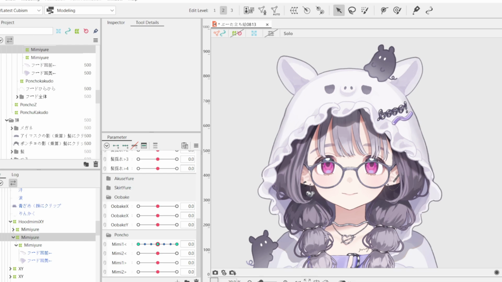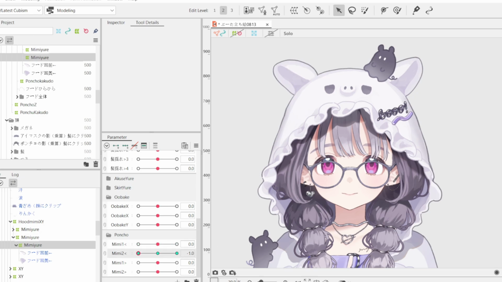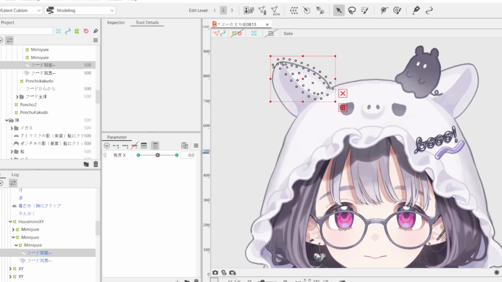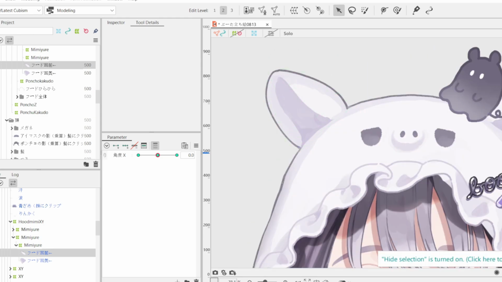And then I created 2 deformers for each ear. So the topmost one moves the entire ear in a very exaggerated way. And then the bottom one moves just the midpoint of the ear. And then I use the art textures once again to just create some depth during angles.